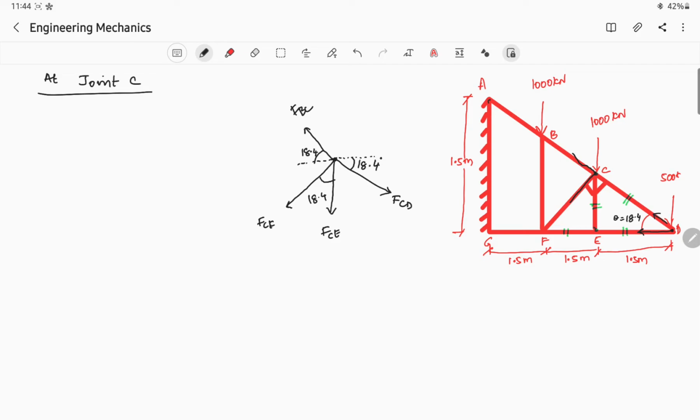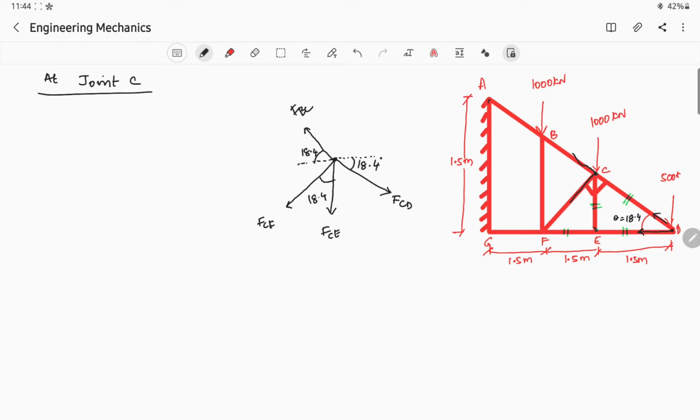18.4. Okay, this is 90, no? So totally 90 minus 8, if you remove this one, it will form 18.4 degrees. Okay, it is nothing but these two are 90 degrees, right? If you rotate this one by 18.4 degrees, so this one also will rotate by 18.4 degrees with x-axis and 18.4 degrees with y-axis. So this is how we calculate force in angles of CF.